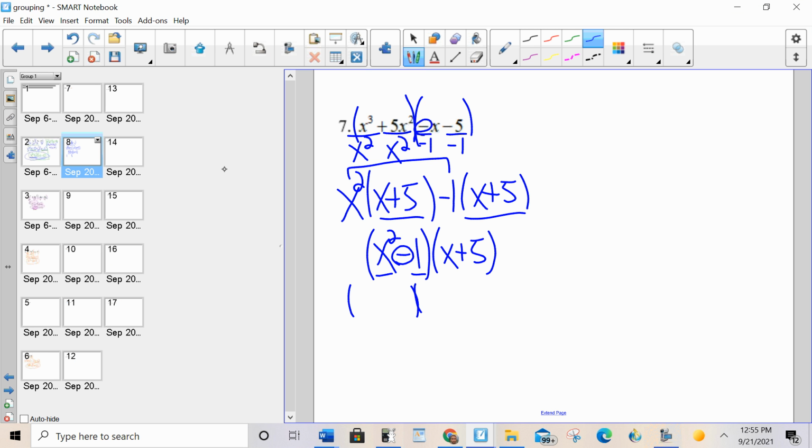So, dots, 2 sets of parentheses, plus and minus, square root of each. Square root of x squared is x, square root of 1 is 1. If you have no idea what I'm doing right now, you go back and you watch the video for factoring using GCF, dots, and trinomials. The x plus 5 just comes down,